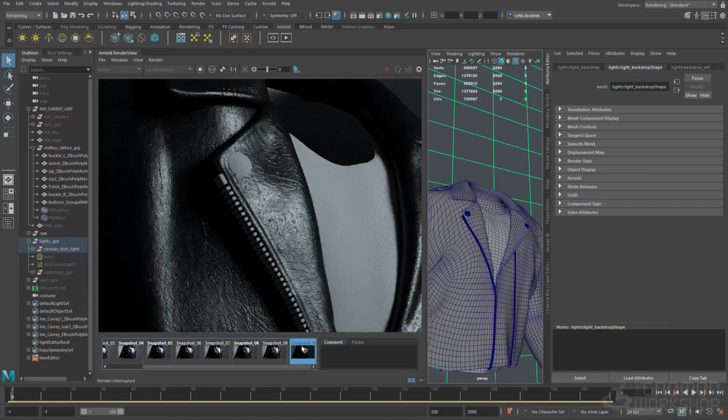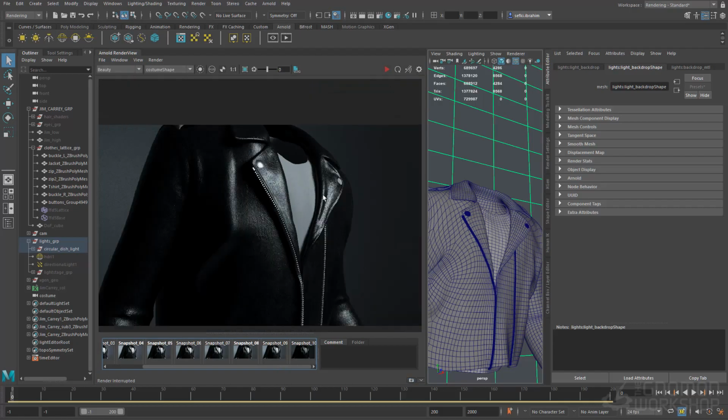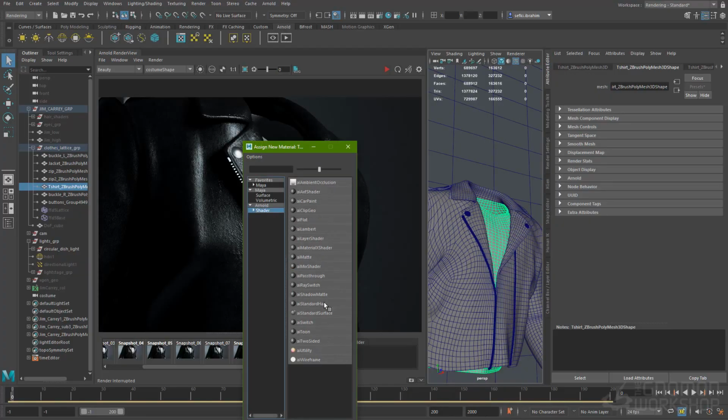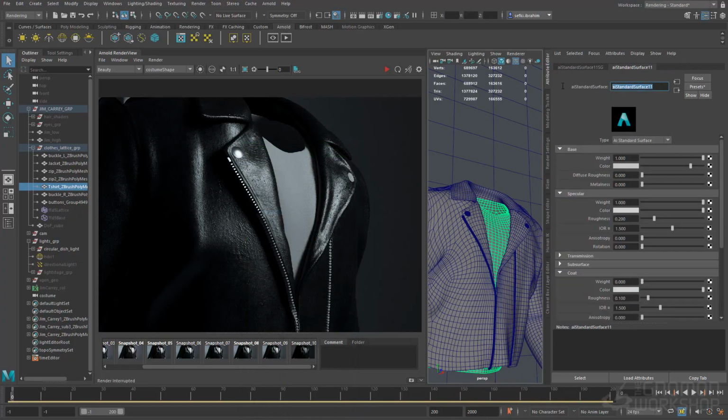Presets are great just to save you time on very simple materials that you don't really need to spend a lot of time on, like zippers. I didn't feel like I needed to go for anything with lots of grime, dirt or scratches because it was never going to be about the cloth with this project. So there is a sense of priority that's happening here, but absolutely for look dev purposes,